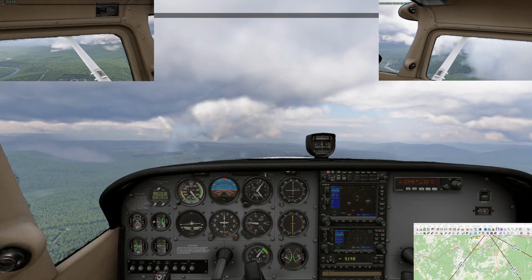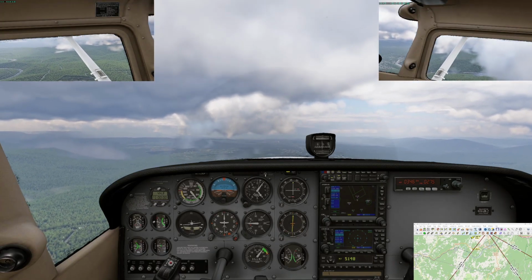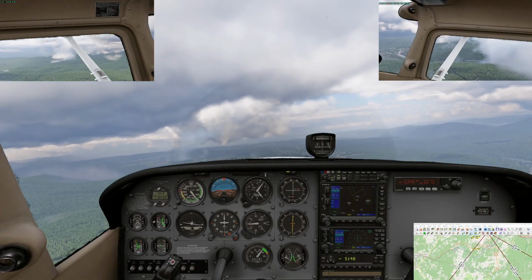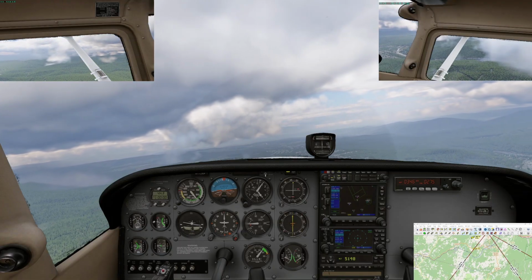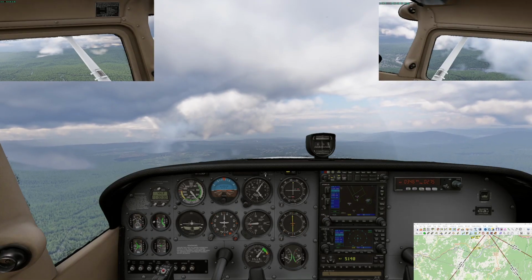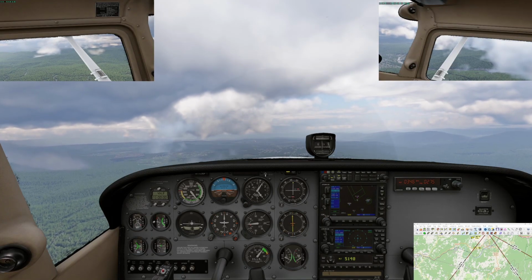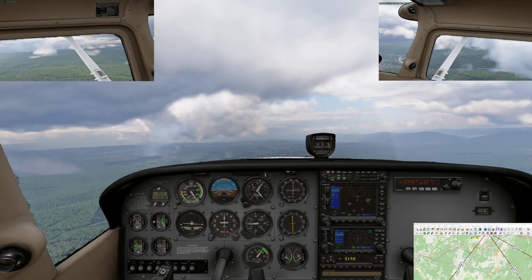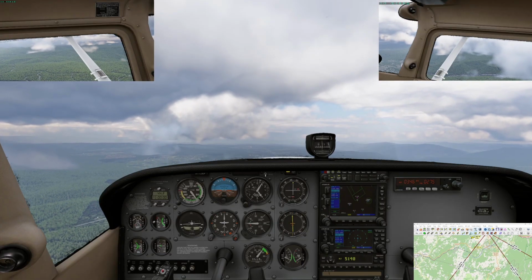There's 040. We do want the 045, so let's go ahead and go to 045. Let's see what we got. I don't think the NDB is exactly lined up with the runway center line. Maybe the ILS is, but